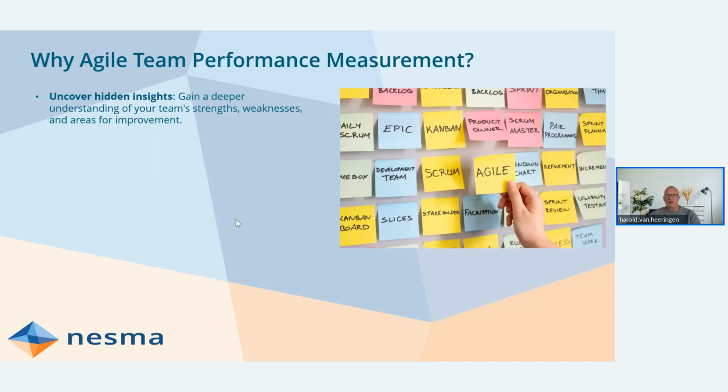From my job at IDC Metri, I do a lot of Agile team performance measurements, and I often get the question, okay, why would you even do that? We are working Agile. We try to do the best we can with the people that we have. We have prioritization in place. We make sure that if there's an incident, we can correct it quickly, etc. But still, there are a lot of benefits to Agile team performance measurement, to be able to understand which teams are performing well, and which teams have improvement potential.